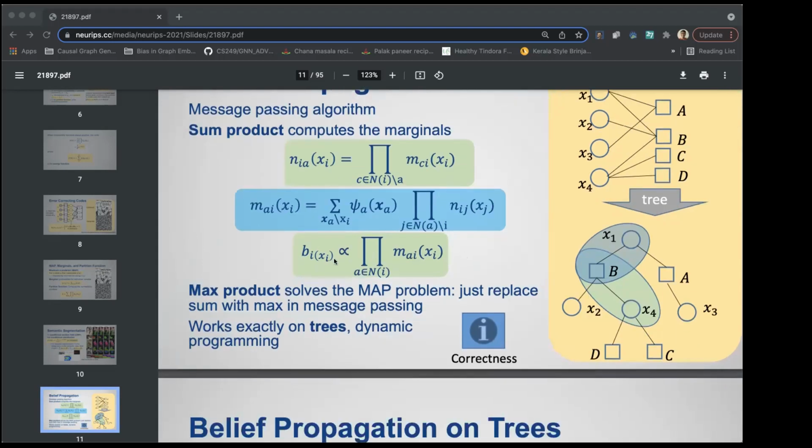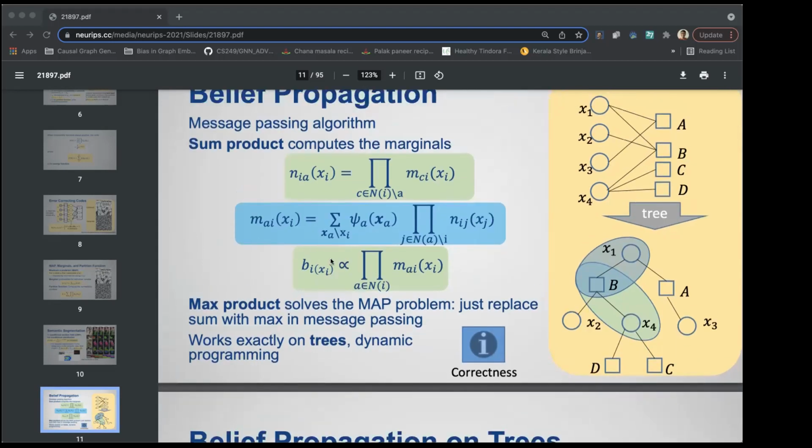And to compute the marginal probabilities B, so this is our belief, it's going to be proportional finally to the messages from all the factors that a variable is connected to. So finally for x4, we'll just take the messages from B, C, and D, multiply them together, and we'll get the belief for x4. This is called the sum-product algorithm, it computes marginals, but